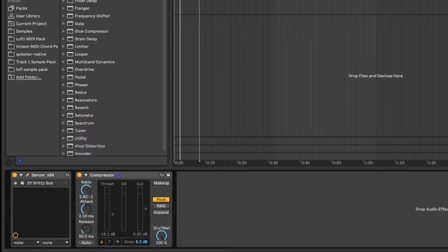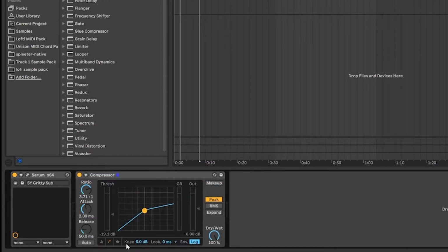I'm going for about a 4:1 ratio to start with. That's usually my starting point for bass compression. You don't want it too harsh, but you don't want it too little as well. It's not a soft compression, and you want to go for a soft knee usually. So we're going to go ahead and turn that knee down a little bit as well, because we've got a